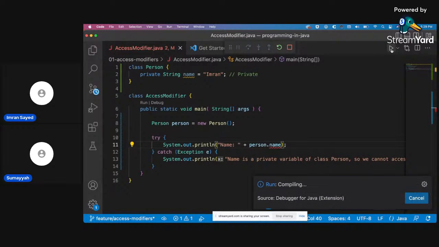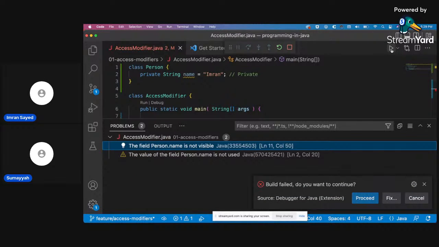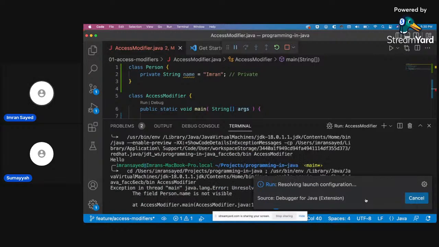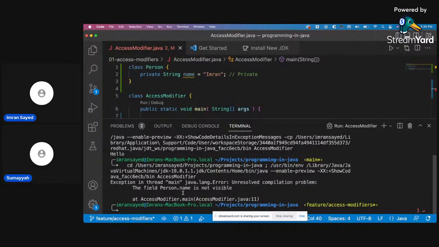Shall I run it? Build failed. Do you want to continue? Why is it failing every time? The field Person.name is not visible at main.